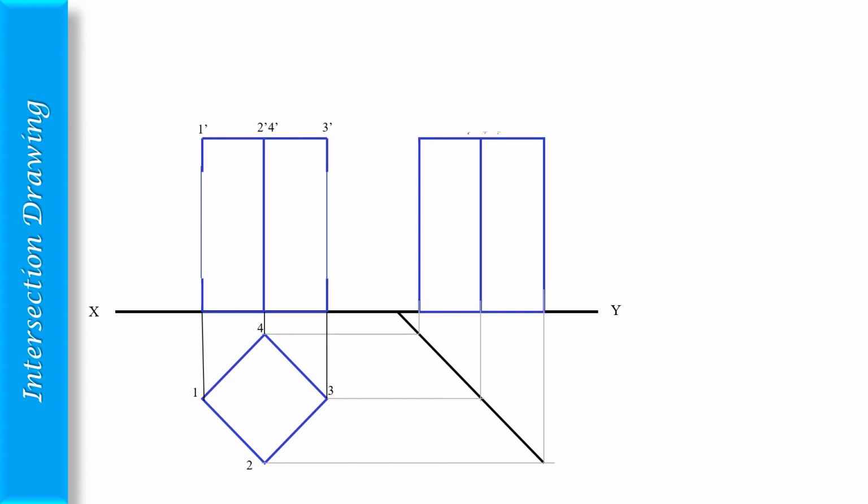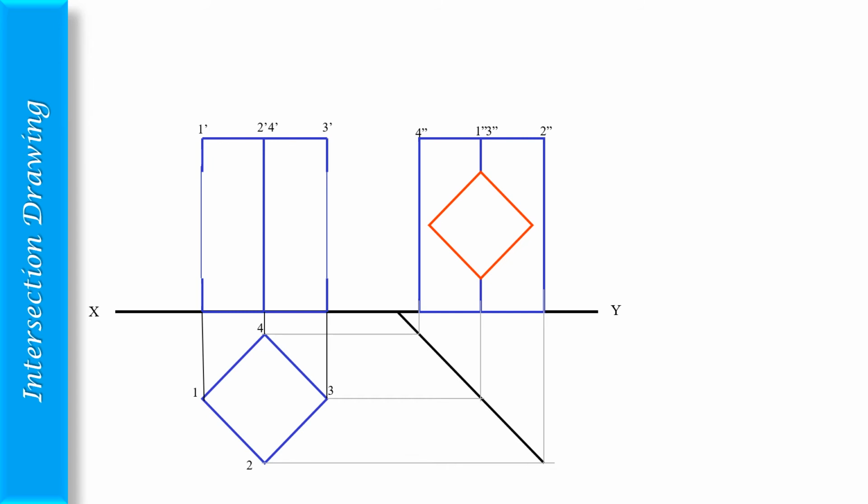The names are 4 double dash, 1 double dash, 3 double dash. If 1 and 3 are joined together, it goes to the center, so it is 1 double dash and 3 double dash, and 2 goes from here to there, so it is 2 double dash. So one prism is over, with the 30 mm sides and 70 mm axis.